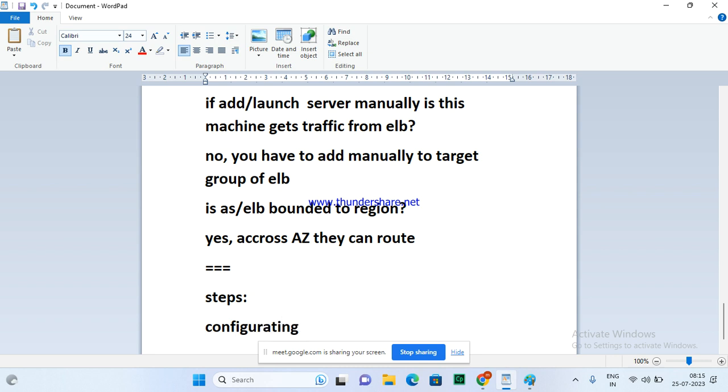Configuring auto scaling with ELB together in one shot. When you are defining auto scaling, ELB can be defined at the same time. There is no need to configure auto scaling and ELB separately. So you can work much faster while doing auto scaling.